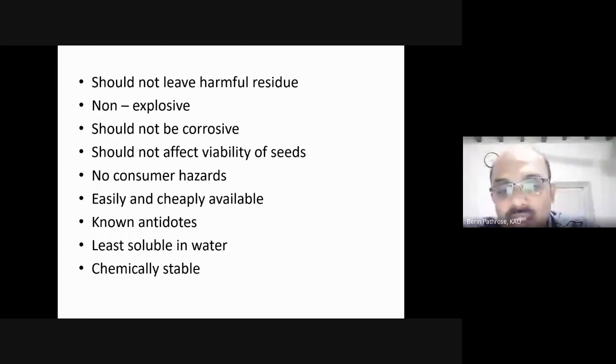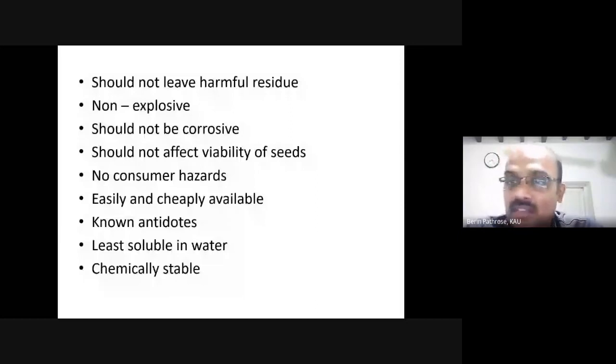We will discuss that later. And it should be chemically stable. Then only it will act. If it is unstable, then it won't work. So these are the characters. Several of these we will discuss again and again once we discuss the individual fumigants. So these are the characteristics of an ideal fumigant. As I told you, most fumigants don't possess all those characters, but we select those fumigants which have the most ideal characters. Even though one has one or two adverse characters, we ignore it and use it because we don't have a fumigant which possesses all these characters.